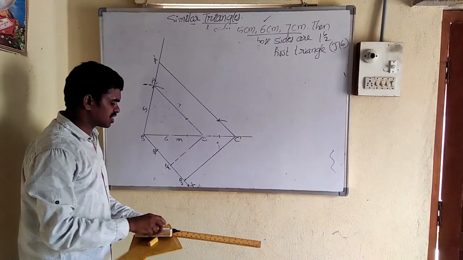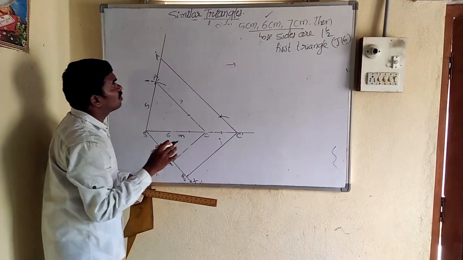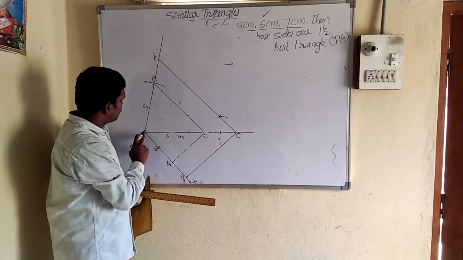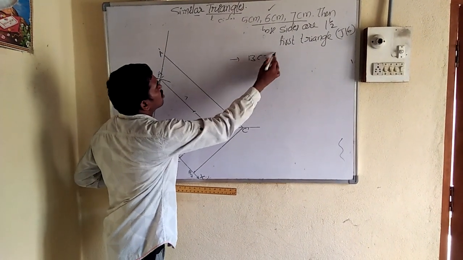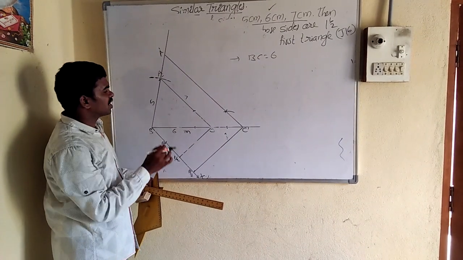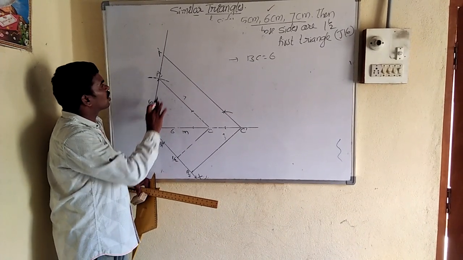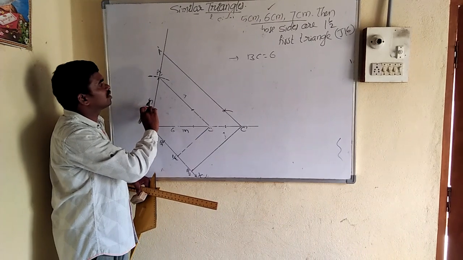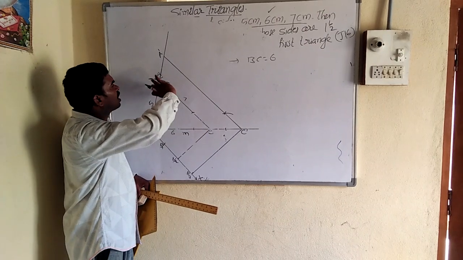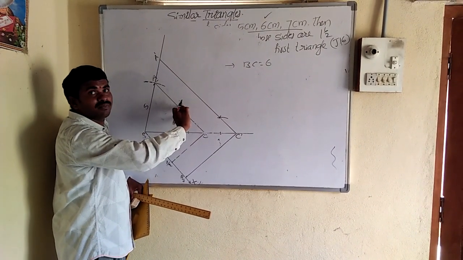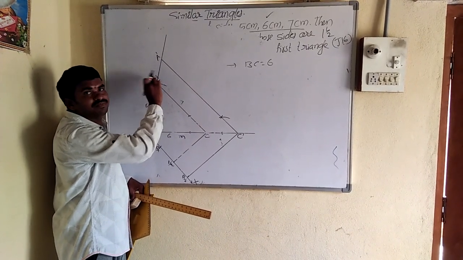Next, what are the construction steps? Now, what we have done, those are the steps of the construction. Okay, what is the first step? We draw BC as 6 centimeters. First of all, draw BC equal to 6 centimeters. Next, with the compass, making B as center, draw an arc with radius 5 centimeters. Next, making C as center with the compass, draw an arc with radius 7 centimeters, which intersects the previous arc at a point that is taken as A.